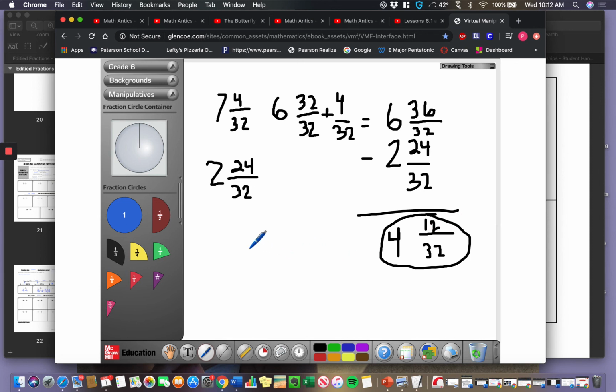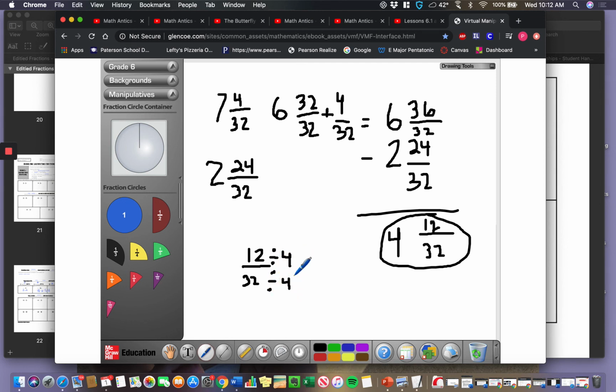So if I wanted to simplify 12 over 32, I could find its greatest common factor and divide the top and the bottom by it, to get a simpler fraction, something that's a little bit smaller. So I'm going to divide the top and the bottom by the greatest common factor. In this case, it is 4,